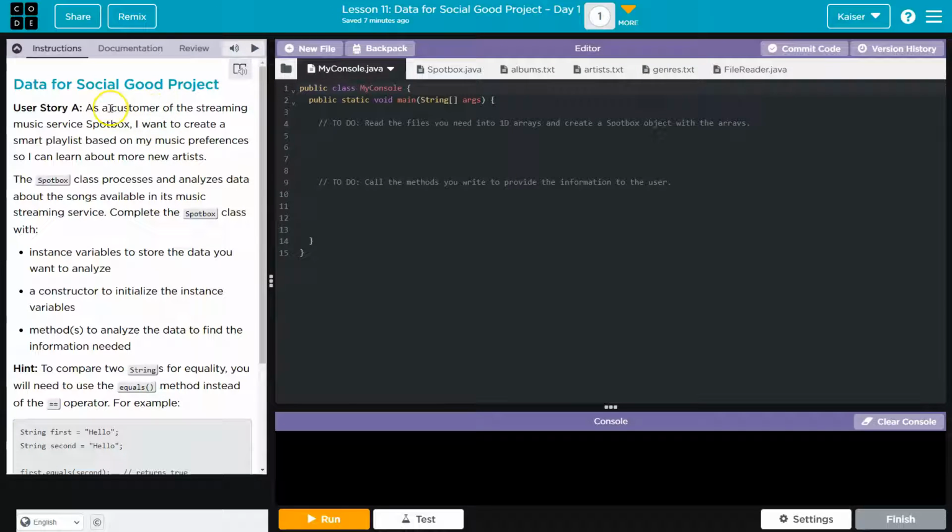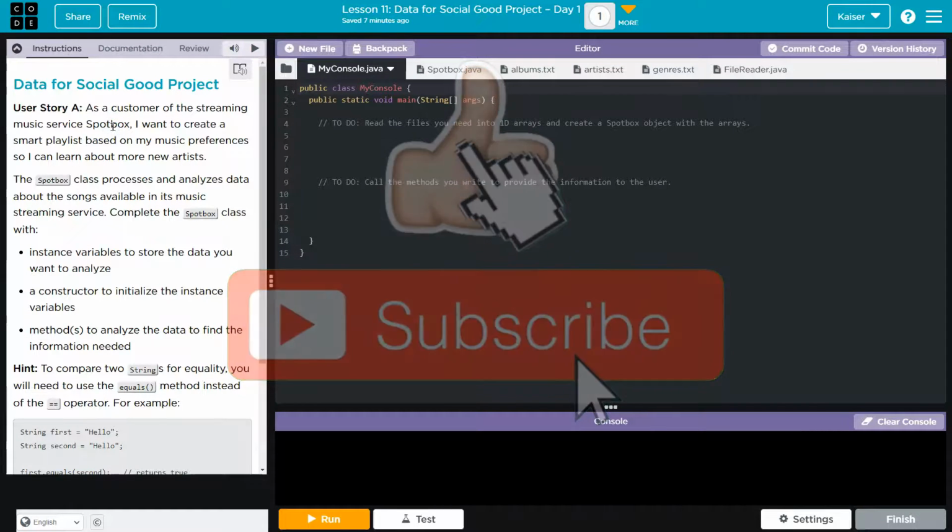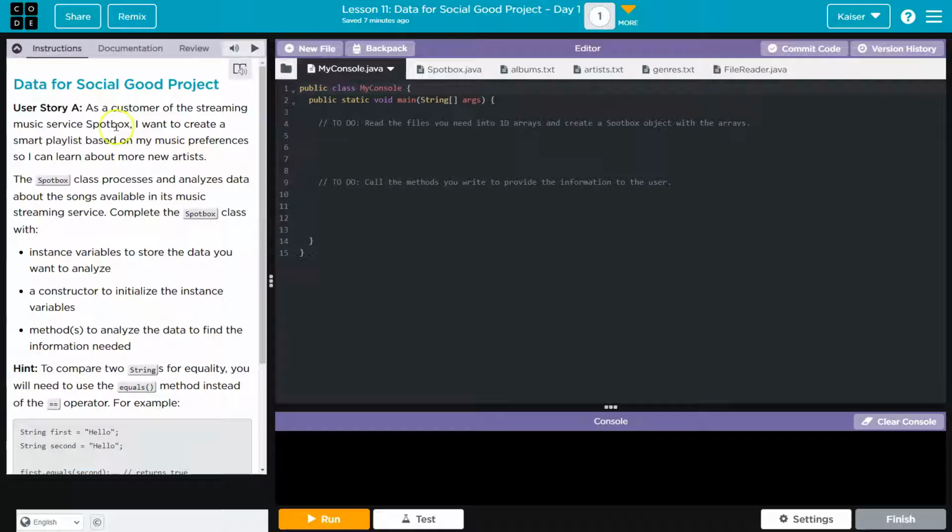What I'm going to be investigating and solving is, as a customer of a streaming music service, Spotbox, I want to create a smart playlist based on my music preferences so I can learn